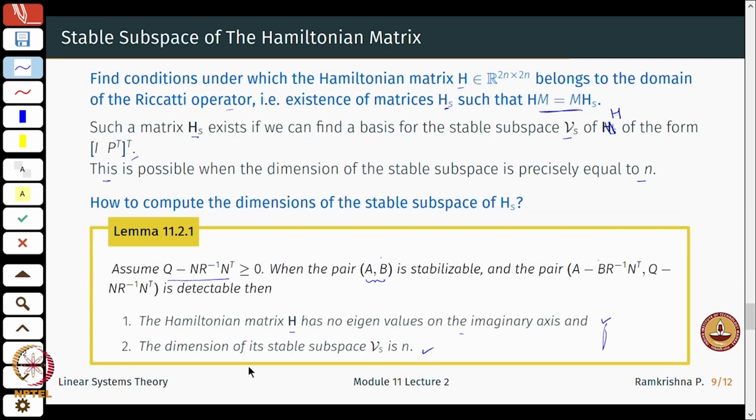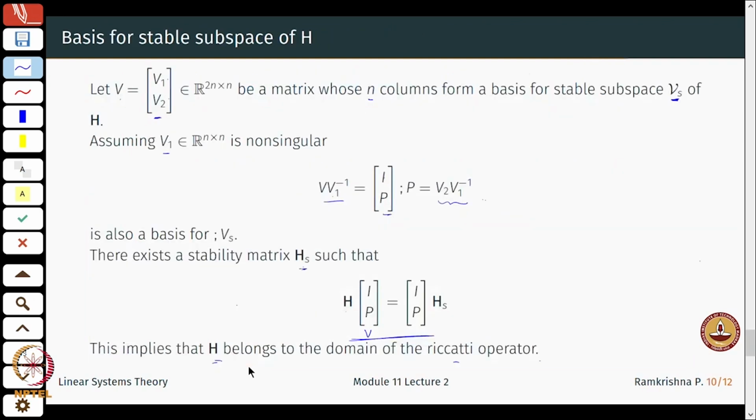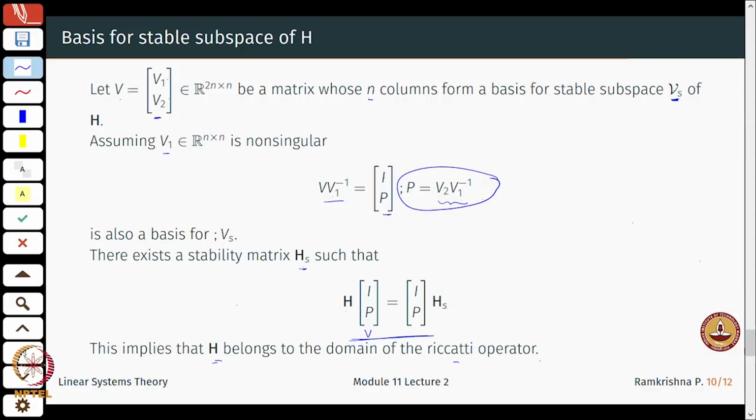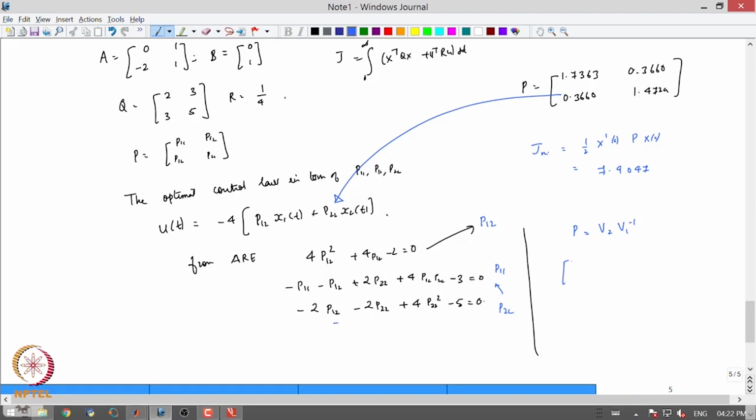Okay. So, if I just quickly go through this, what I find is something nice here, where P was equal to V2 and V1 inverse. Let us just write this down. So, P was V2 V1 inverse. Now, where does V2 V1 come from? V2 V1 is the stable subspace. So, this vector V1 V2 was from the stable subspace